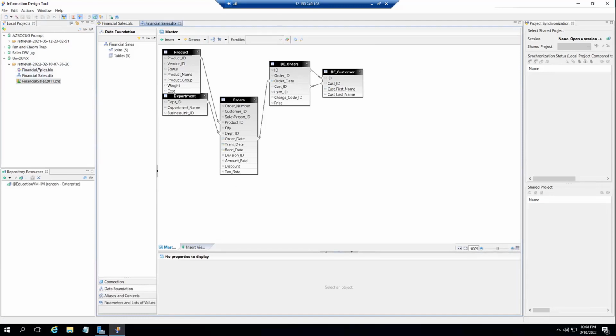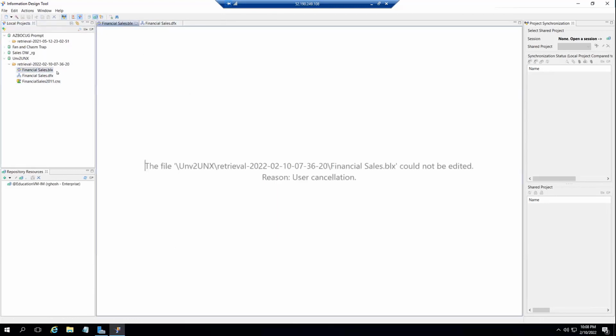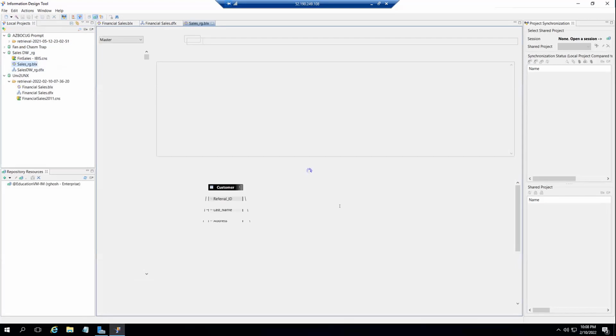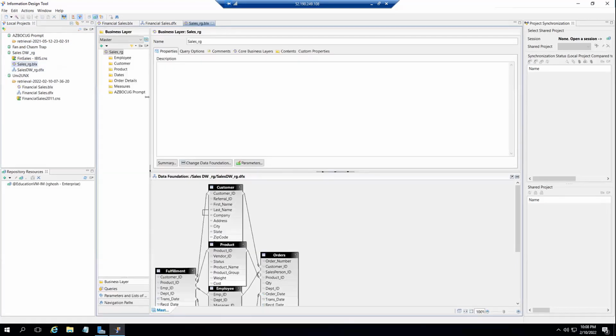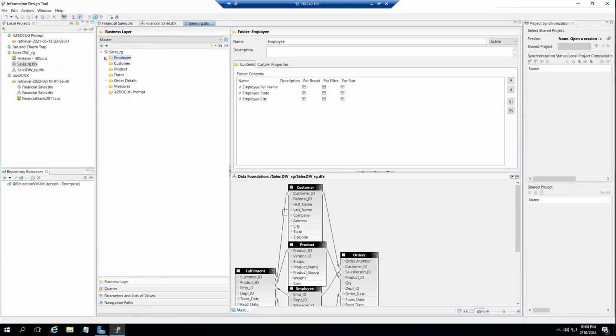And then you create your objects and folders. So this is where you create your actual folders and dimensions, measures, detail. They are called attributes now.